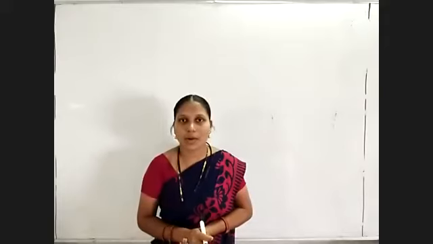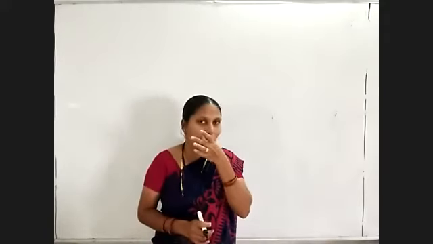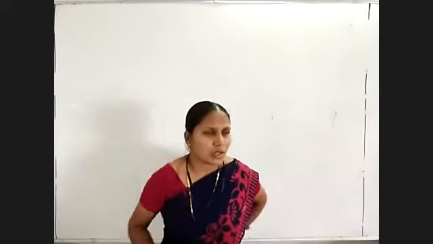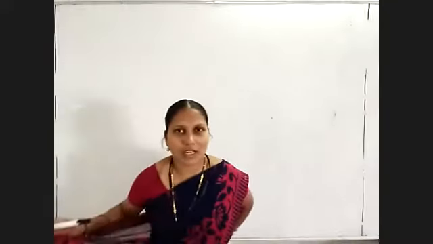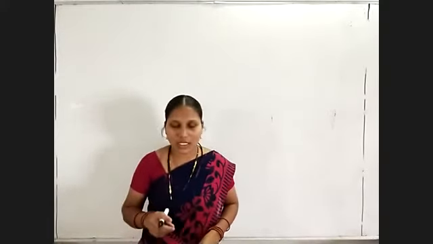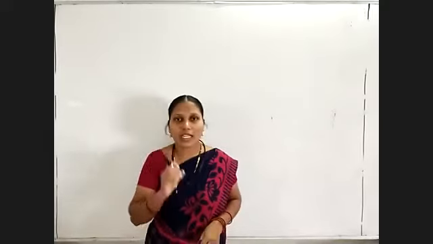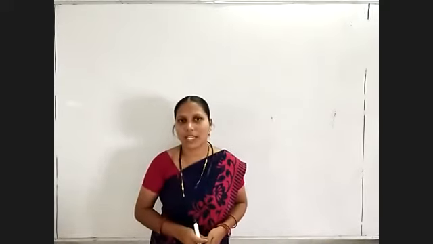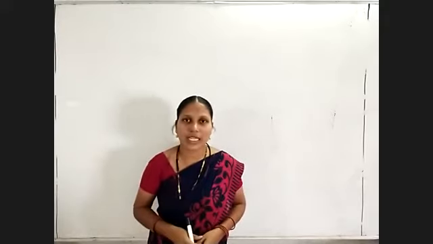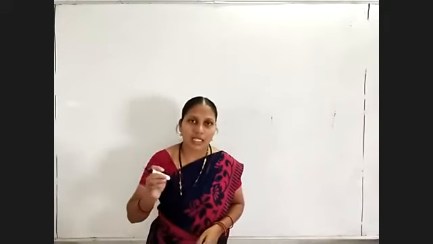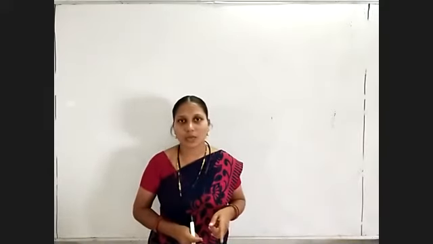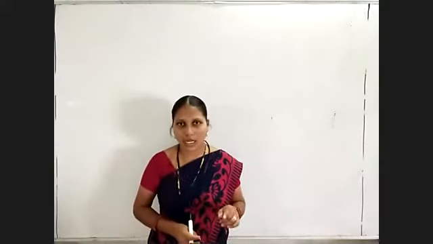We have discussed prime numbers and composite numbers also. So we will continue with our topic, prime numbers and composite numbers. So what is a prime number? If the number is having only two factors, then it is said to be a prime number. If the number is having more than two factors, it is said to be a composite number. And if a number is having only one factor, it is neither prime nor composite.